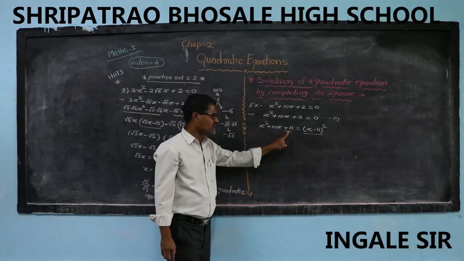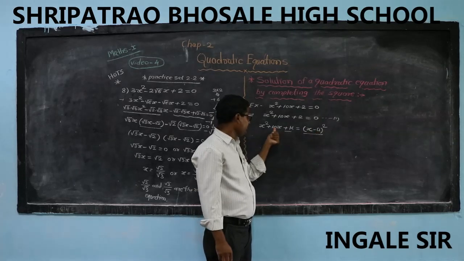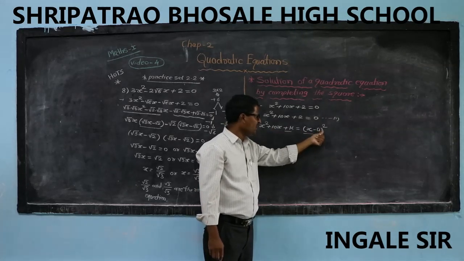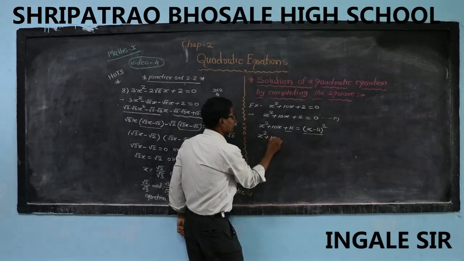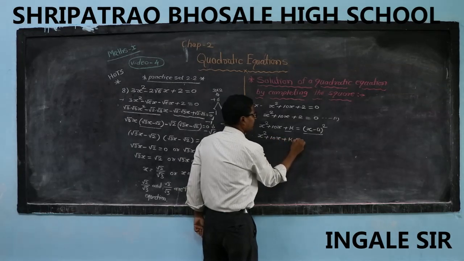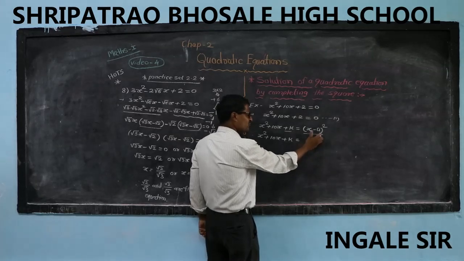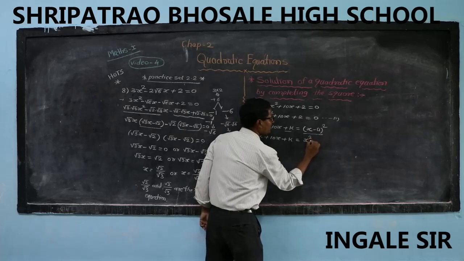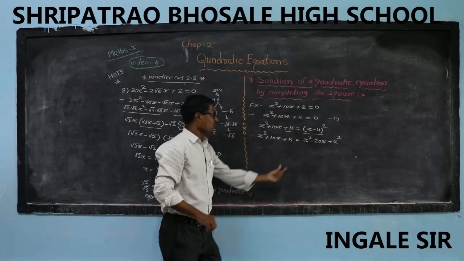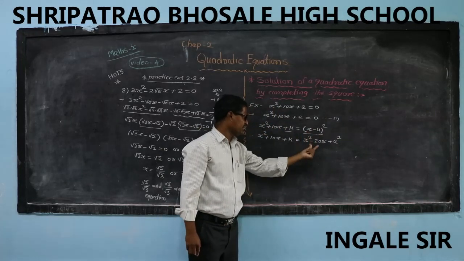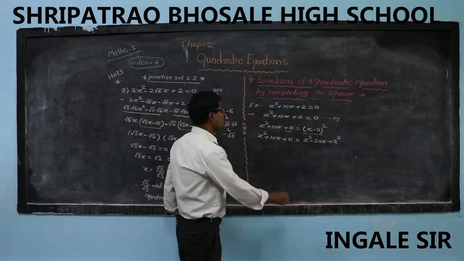In each example, we take the third term as k, and on the right-hand side x plus or minus a, depending upon the middle term, in a bracket squared. Now we solve this equation: x² + 10x + k = (x − a)². Here we use the identity (x − a)² = x² − 2ax + a². We take the square of this bracket, and the square of this bracket is x² − 2ax + a². Now we have to compare.